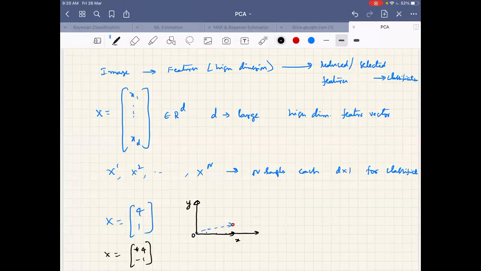Similarly, for 4, 1 we have root 17, and I may have other combinations, like 1, 4 or whatever. So there are several feature vectors that have exactly the same value of the reduced feature.